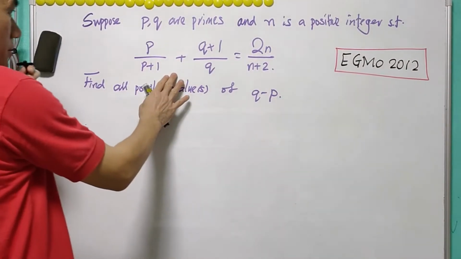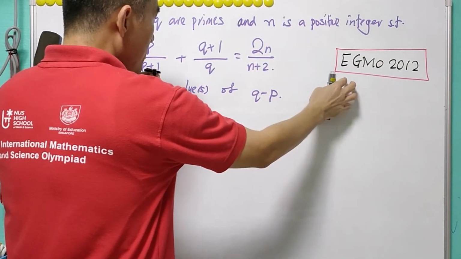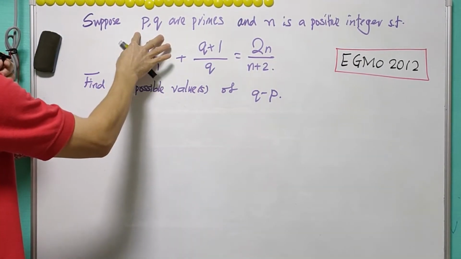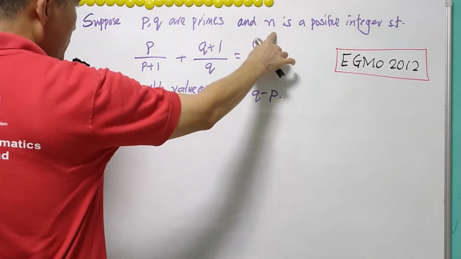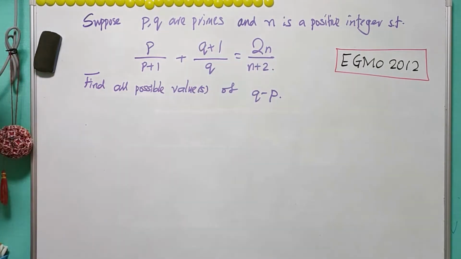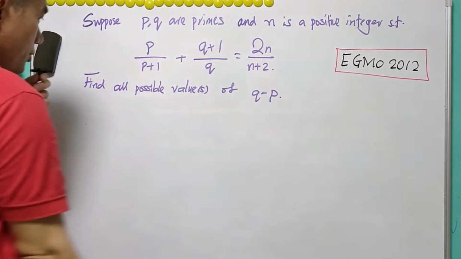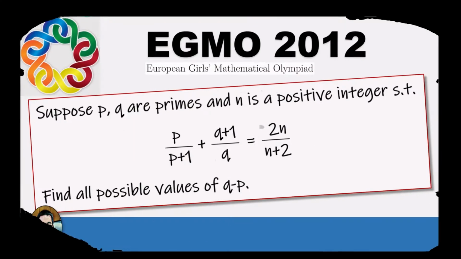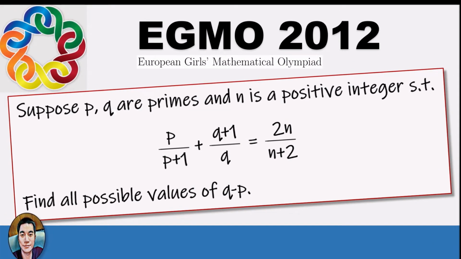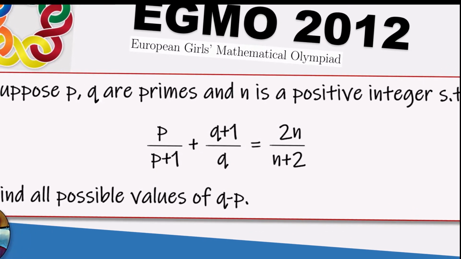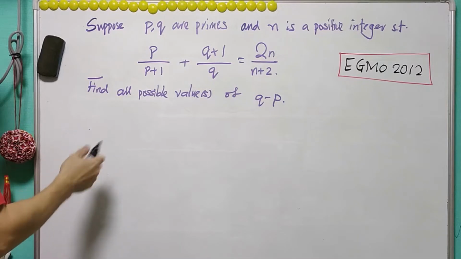This number theory question comes from the European Girls Math Olympiad 2012. Given that P and Q are primes and n is a positive integer such that this equality holds, we are asked to find all possible values of the difference Q minus P. First of all, we notice that